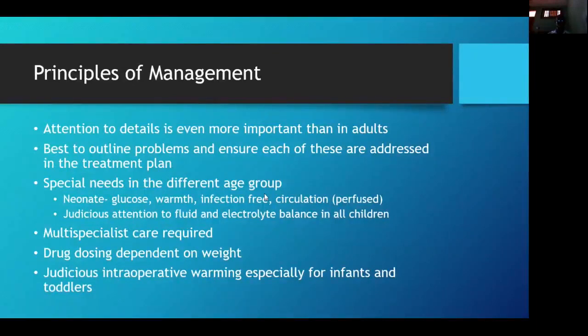One other thing to pay attention to is the drug dosing, which is dependent on the weight of the child. We need to pay close attention to this. We need to weigh the child before resuscitation and after resuscitation, because after resuscitating, you will now get the actual weight of the child by the time the child is well balanced, which can be made based on their urine output. Once you can say, oh, the child is making adequate urine, then weighing the child at that time will be able to tell us how much the child is.